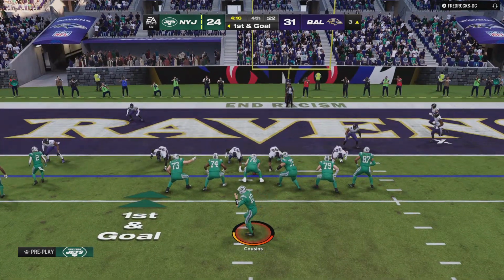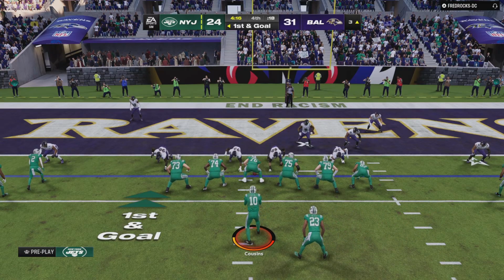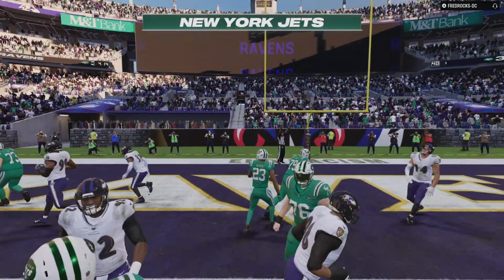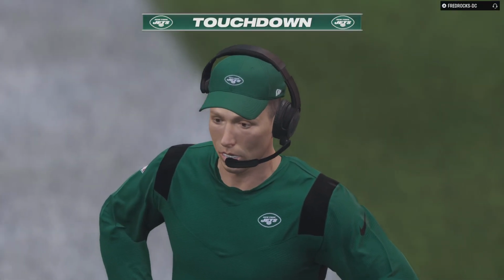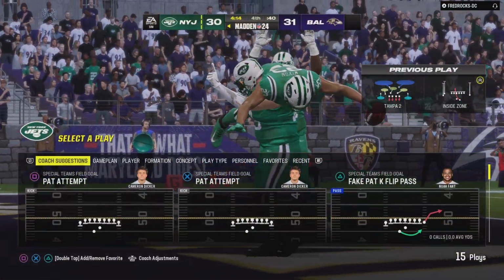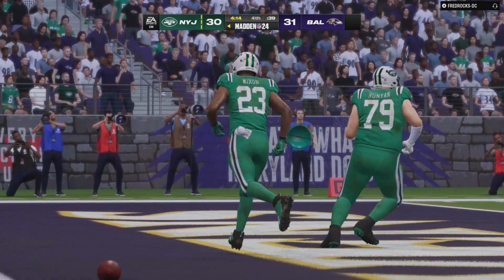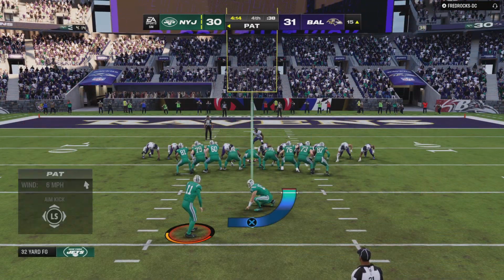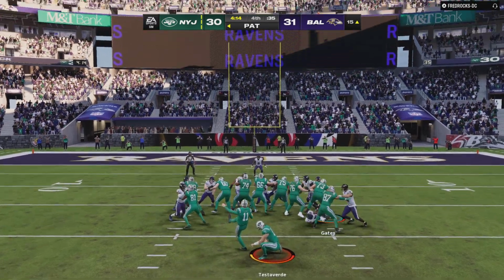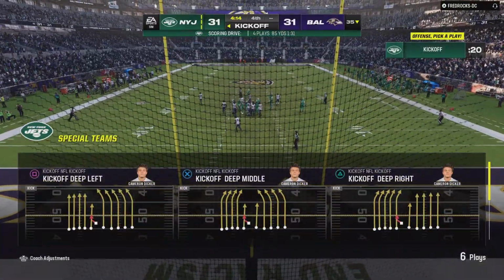Cousins here going to change the play. They'll give it to Mixon. And he is in. Touchdown, New York. Joe Mixon, a 3-yard touchdown run. And the Jets are an extra point away from tying this game here in the fourth. Dicker down to tack on the extra point. And we are tied here in the fourth quarter. That ties the game,